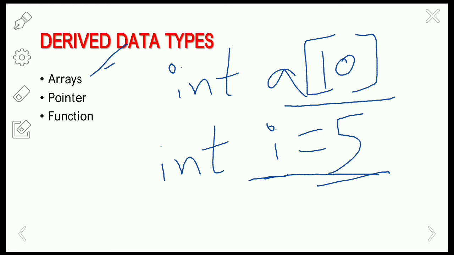Okay, and if you want to access the data items in a single array, you can use the index or subscripts. So if you want to store the ages of 100 persons, there is no need to create 100 variables. Instead of creating 100 variables, we are going to use only a single name. We are going to store the ages of 100 persons into a single name with indexes. So here the array is going to store similar data items with a single name.